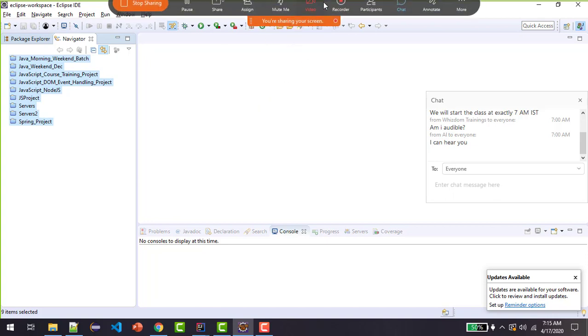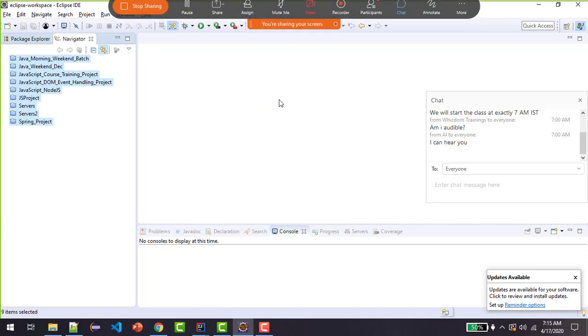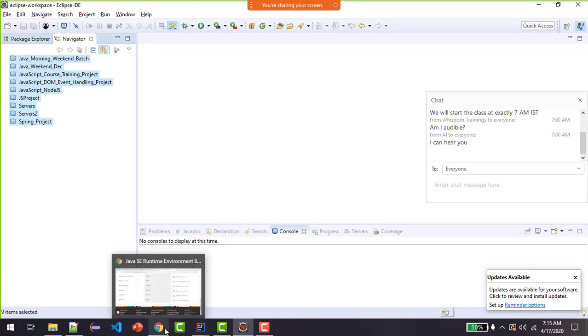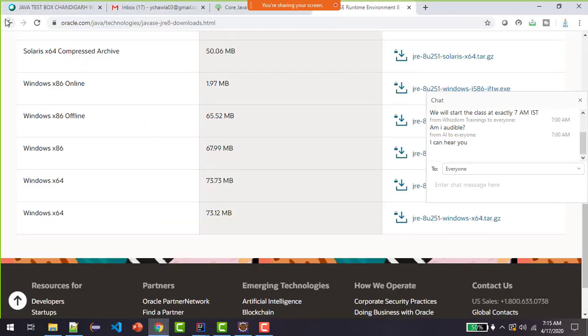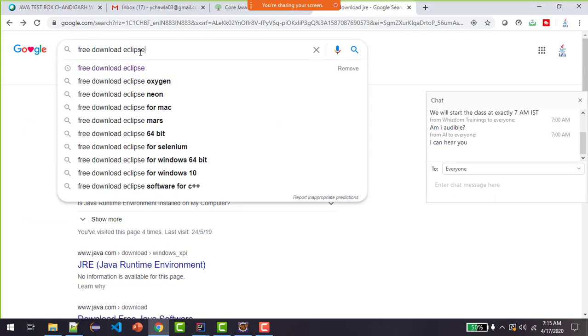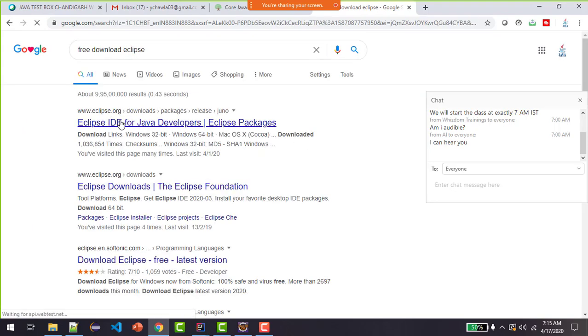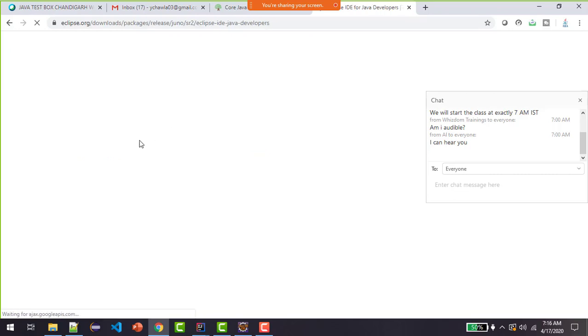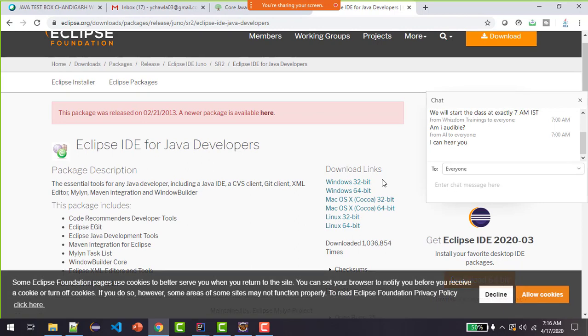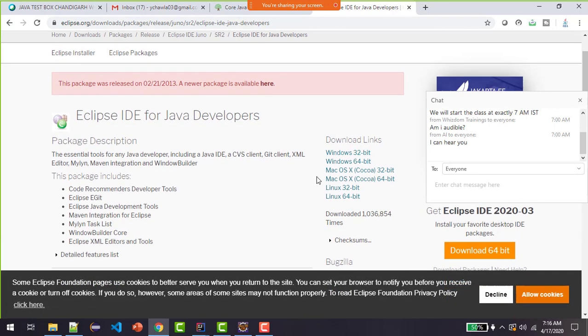Now different versions of Eclipse are also available. Luna version. So if I want to download this Eclipse environment before I start creating a project, similarly here, instead of writing JDK JRE, if I simply write Eclipse, it will take me to this very Eclipse org location. So here is the 32-bit or 64-bit version.